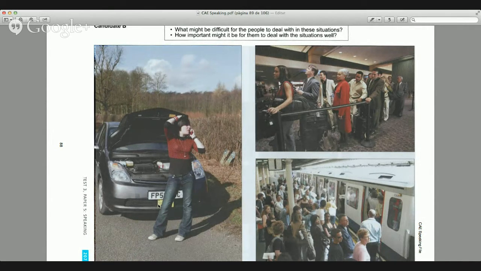The three photographs described are a difficult situation when they needed to resolve some problems. For example, in the first one, he has a car problem, a mechanic problem. In the two photographs, it's in the line waiting for the service, or airport service, or train service. How important is it that they resolve this? Because this kind of problem happens all the time, and it's really important to be prepared